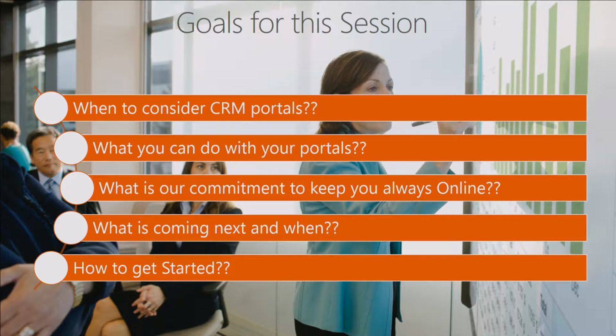Second is what you can do with it, what type of features we support, how you can extend it, what type of things we do out of the box, where we'll ask you to do customization, all those scenarios we're going to talk about today. Now, this is an online service. So the most important goal is we have to keep you online always. And we'll learn today how we achieve that, what basically powers our platform, and how we make sure that you're always up 99.9% of the time, which is a financially committed SLA.